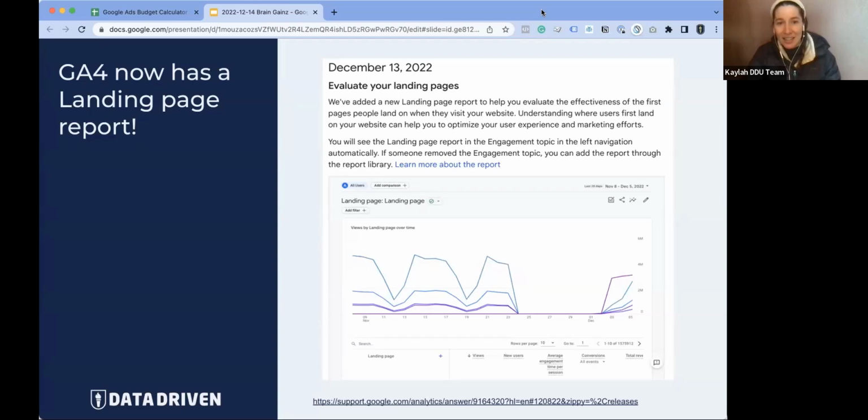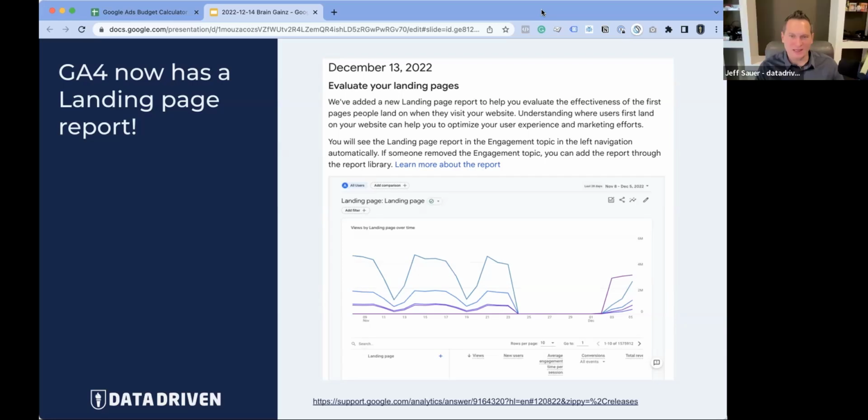In case you missed it, yesterday, Google Analytics announced that landing pages reports are going to be showing up in accounts. I believe that's just going to be a default. I don't think you have to add it manually, although we did get someone saying this morning they're not seeing it yet, but I think this is really exciting. I know other people are pretty excited about it too. It's something we've been waiting for.